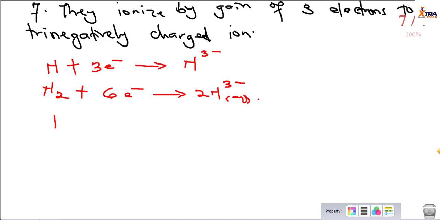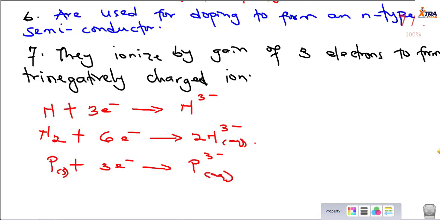The same thing happens for phosphorus, right? Phosphorus gains 3 electrons to form that, okay? Although you can form different ions of that, on average, that is what you have, right? So because they form negatively charged ions, they are used to make a negative-type semiconductor. So that is what we mean by N-type semiconductor in statement 6, that they are used for doping to form an N-type semiconductor. So what you do is you